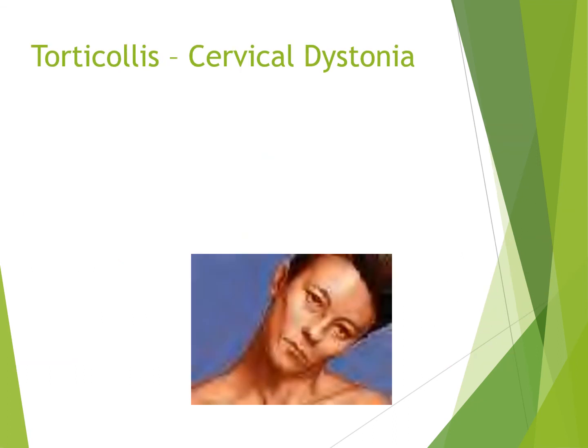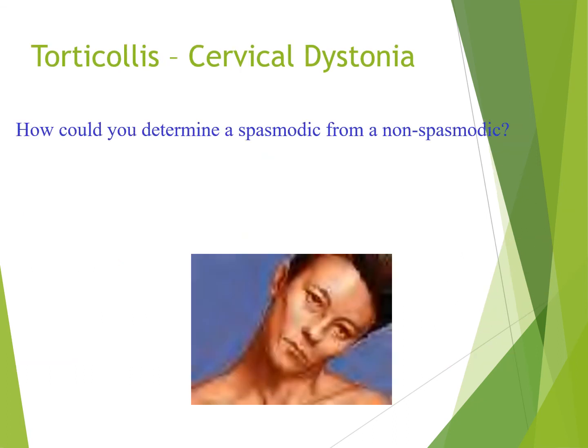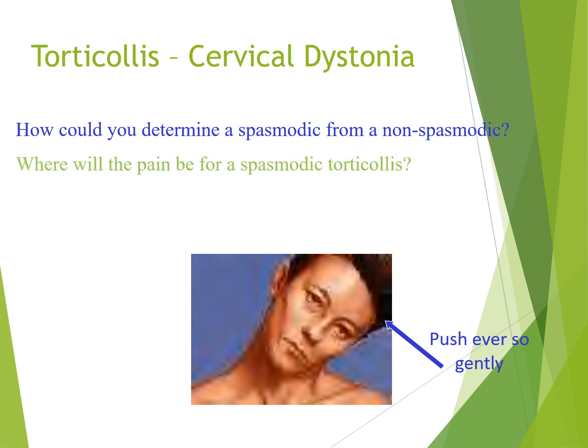All right, torticollis, cervical dystonia. How could you determine a spasmodic from a non-spasmodic torticollis? There's a procedure we use, and it's very simple. We're going to push ever so slightly on this patient's head. We're going to go to the side of the lateral flexion, and we're going to slowly and gently try to bring this patient's head back to the neutral position. When in doing so,